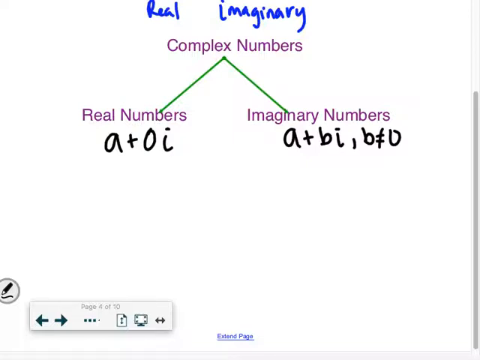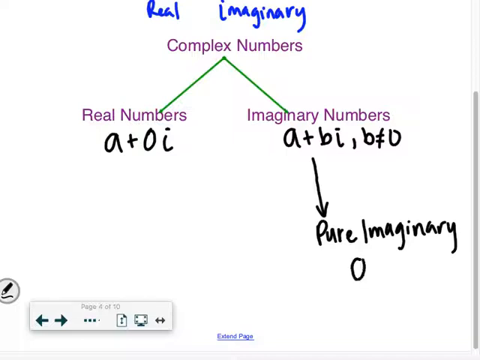Now, just like there are subsets of real numbers, there's also a subset of imaginary numbers. This is not something that I'm ever going to ask you about, but I always like to mention it. A subset of imaginary numbers are called pure imaginary numbers, and pure imaginary numbers have no real parts. So they are of the form 0 plus bi. So if you ever do the square root of -4 and you get 2i, that's a pure imaginary number because it has no real part. If it's 3 plus 2i, it's just an imaginary number in the subset of complex. Okay,